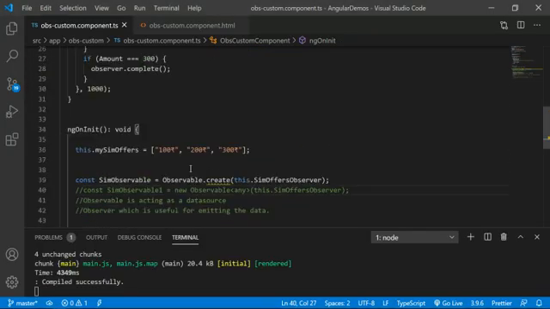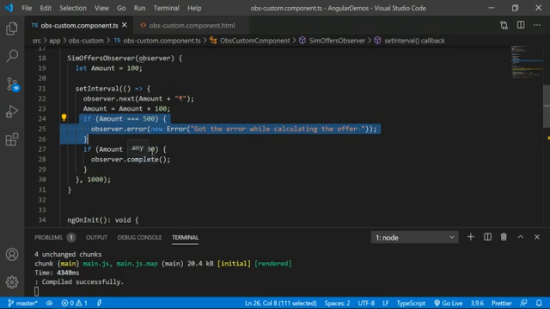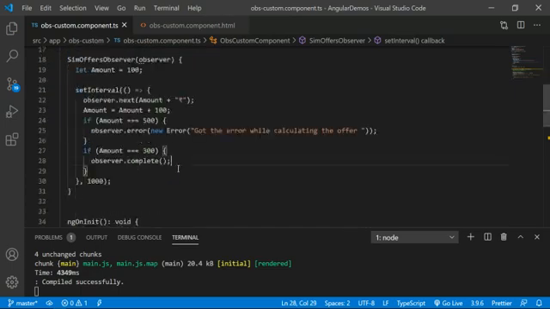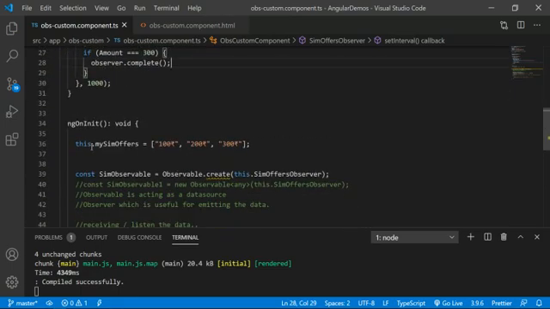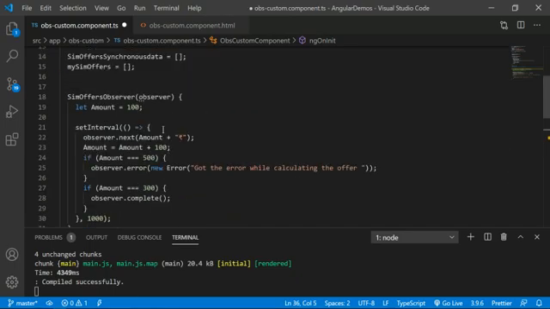Now see, in this logic, if the amount is 500 rupees and if the amount is 300 rupees, I don't want to write the condition this way. So let's come to this section, simOffers.